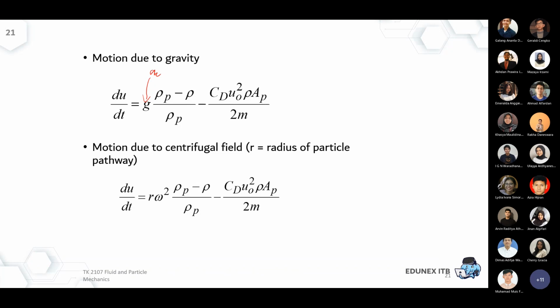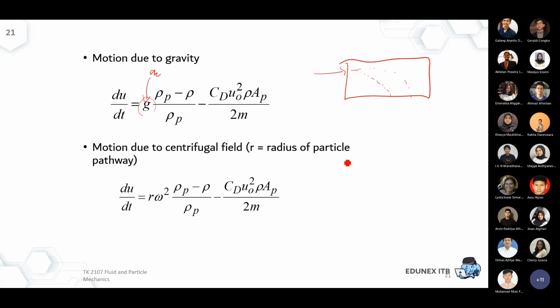And this happens if we're working with this kind of lane, then AE can be directly substituted with G. Okay, but